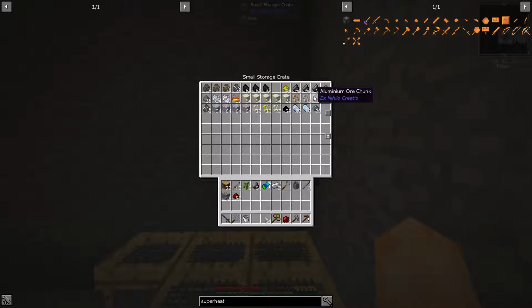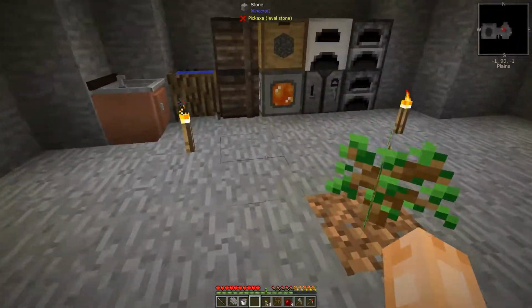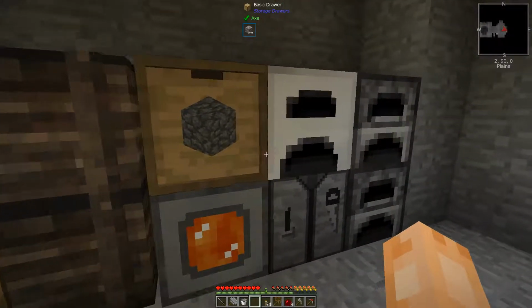So I'm going to go ahead and pull that out because we're going to make a couple more things and then we're going to go ahead and call it for this episode. So let's see here. I'm definitely going to need some clay, and I've got a little bit of cobblestone, and then I'm going to need some...